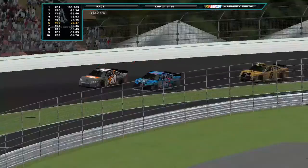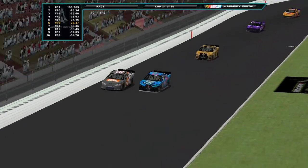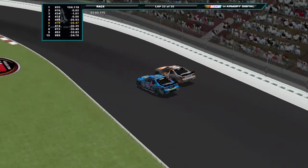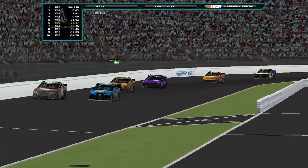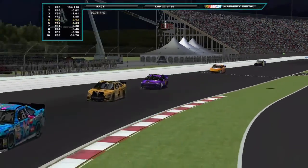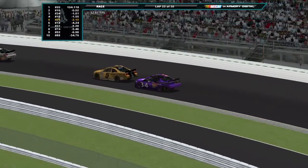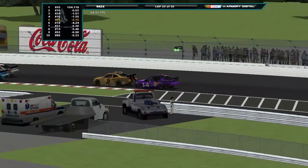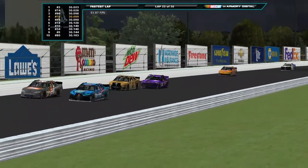Fontaine looks to go inside Guy here. Side by side, who is it going to be? Guy is in the lead. And it is Guy that actually has the lead. It is confirmed. Very good pit strategies from both Guy and Fontaine. But here comes Hopkins with those fresh tires. Those two took 2 tires, Hopkins took 4, and you can tell Hopkins is clearly the fastest car on the